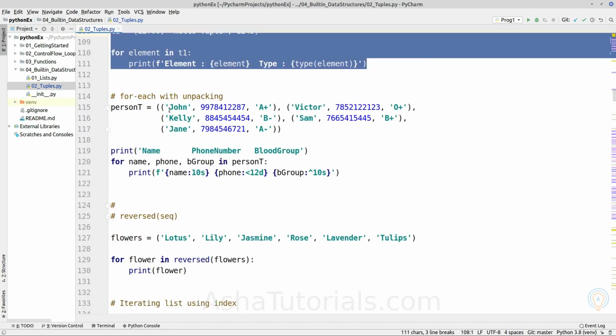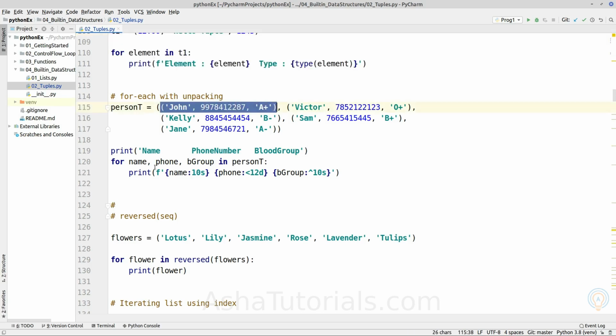Now if we have a tuple object which is containing tuple objects inside it, it is a two-dimensional tuple object, and if we are writing a for each loop, we will be iterating through the tuple objects inside the tuple object. So the for each loop will return a tuple object which is having 3 values. So the 3 values can be unpacked using the for each loop.